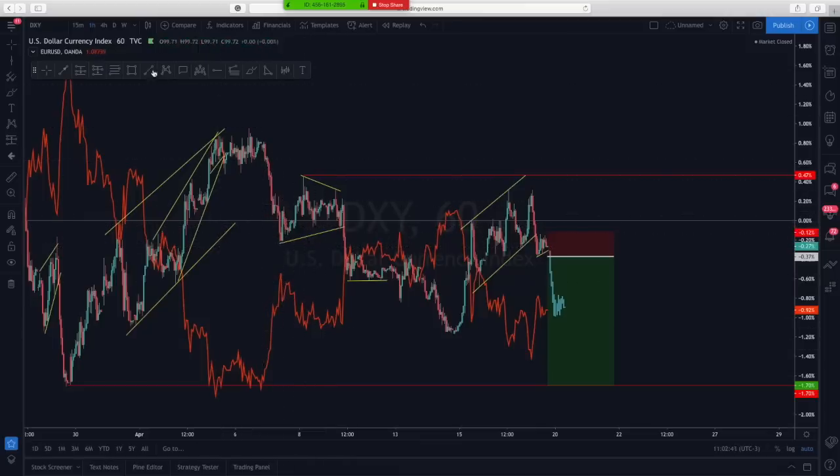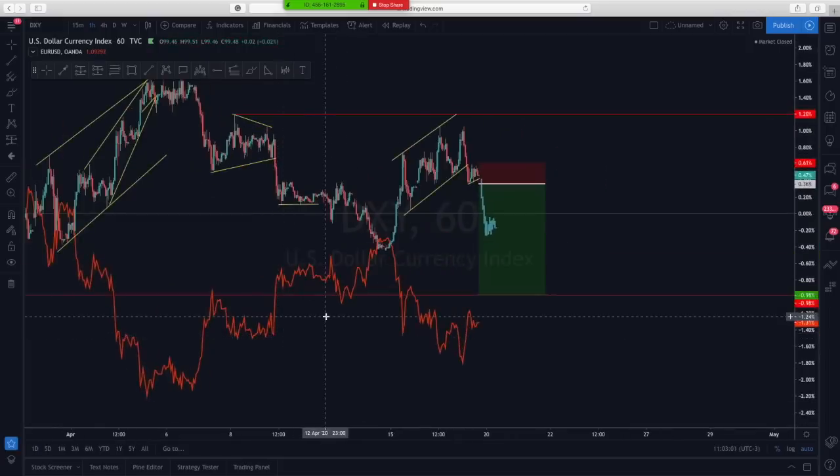It's here, just by doing this, and just by doing this and this. So you can simply see that impulse, correction, impulse, and impulse, correction, impulse. Okay, so you can simply see that basically the dollar index is moving the same as EURUSD in a different way, in an inverse way, like you're placing it on a mirror.